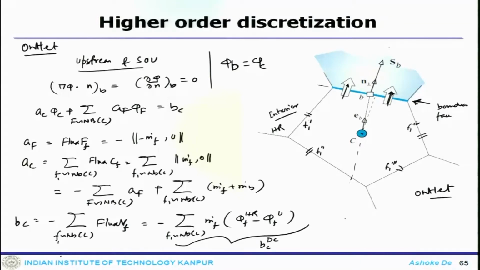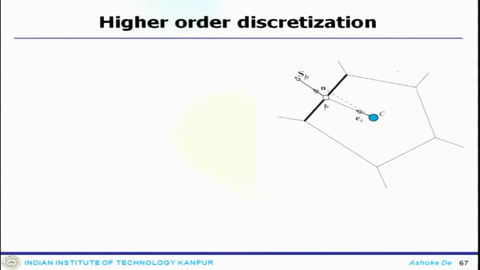Here also F1 refers to all the interior faces of the boundary element, and C is the element which is concerned, or the owner, and F is all other elements, or the neighboring elements, and at the boundary it says the gradient is 0. So we have looked at the inlet, we have looked at the outlet. Now the other one which we can see is the wall boundary condition.